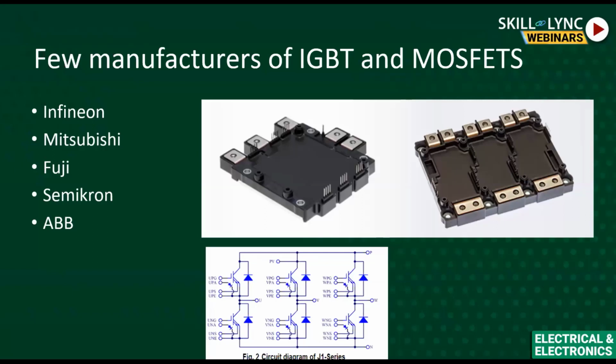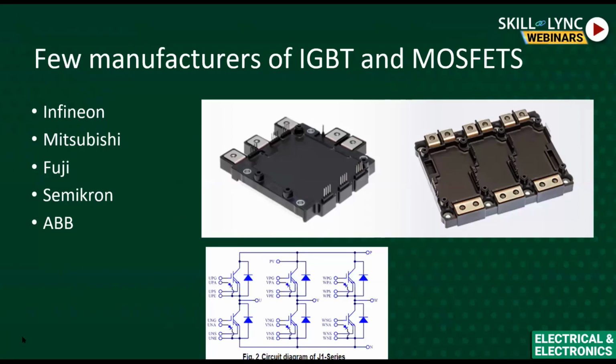The DC inputs are the two terminals you can see at the side in the first picture, and the three AC terminals are at the other side, the back side of the picture. Below the schematic, along with these IGBT chips, there are anti-parallel diodes also in this module. The IGBT is nothing but a chip. You must note that there are 12 chips inside this module, which includes the IGBTs as well as the diodes.